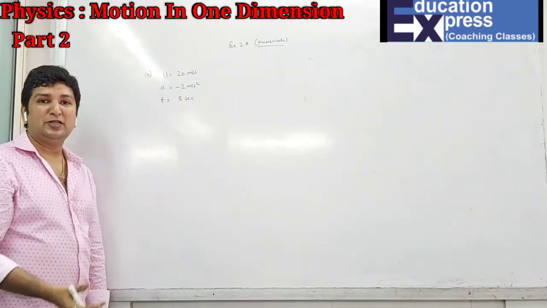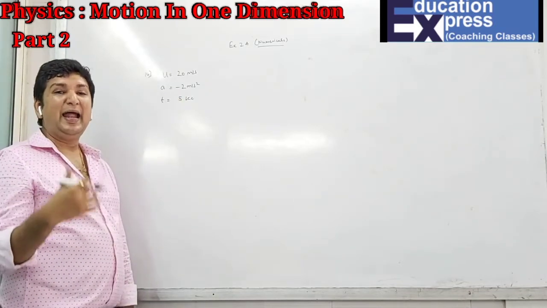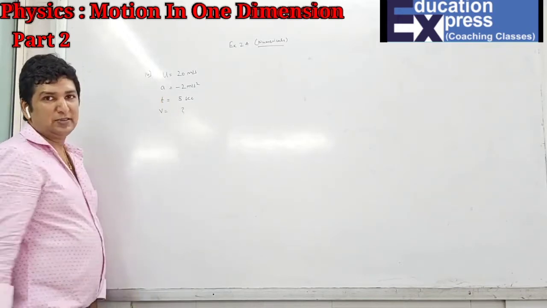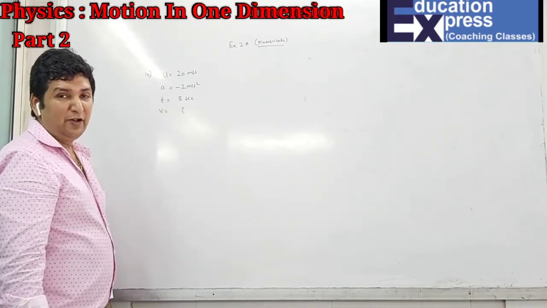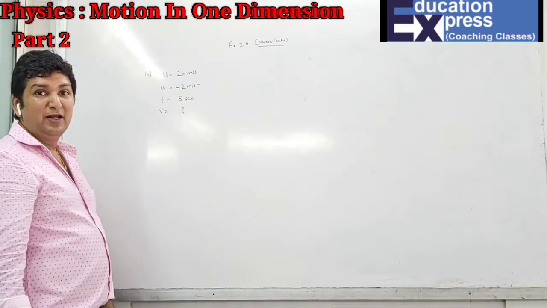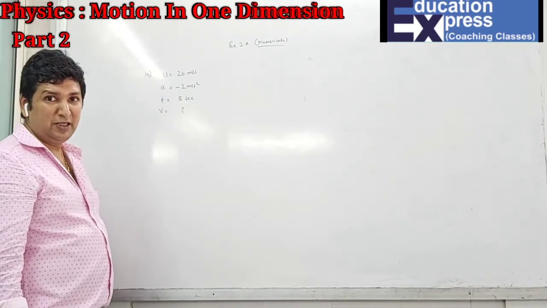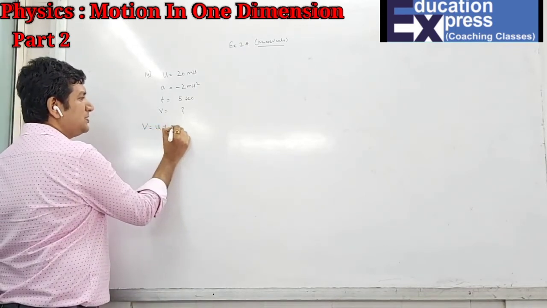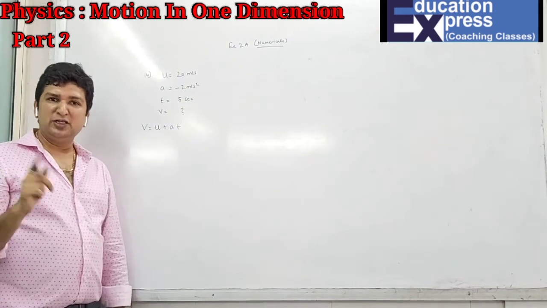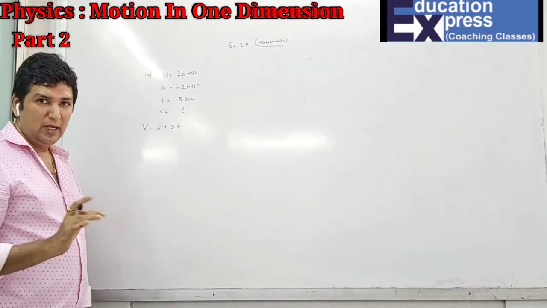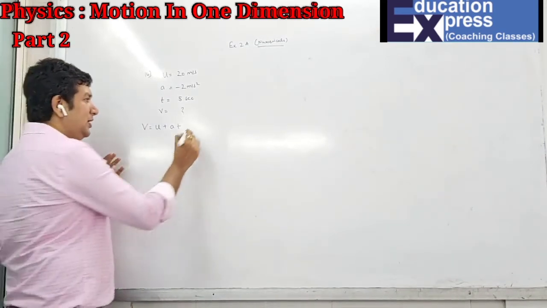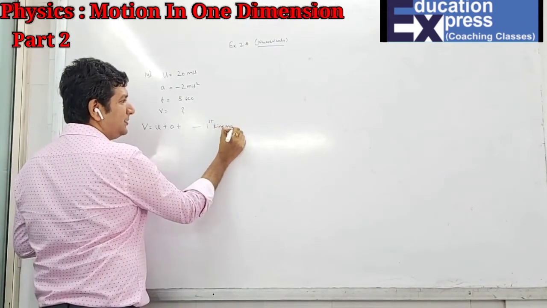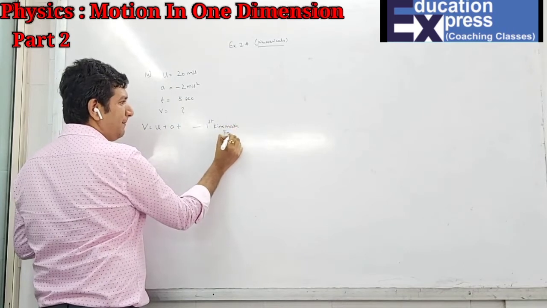And what will be the velocity after? After means at the end. And end will be which velocity? Final. That means here they have asked us to find the final velocity. Now if you want to find the final velocity directly, I have given the 3 kinematic equations to find the final velocity. What is the first one? V equals to u plus at. Even if you want to use the acceleration formula v minus u upon t, you can do that. But directly here, v equals to u plus at, which is nothing but first kinematic equation.